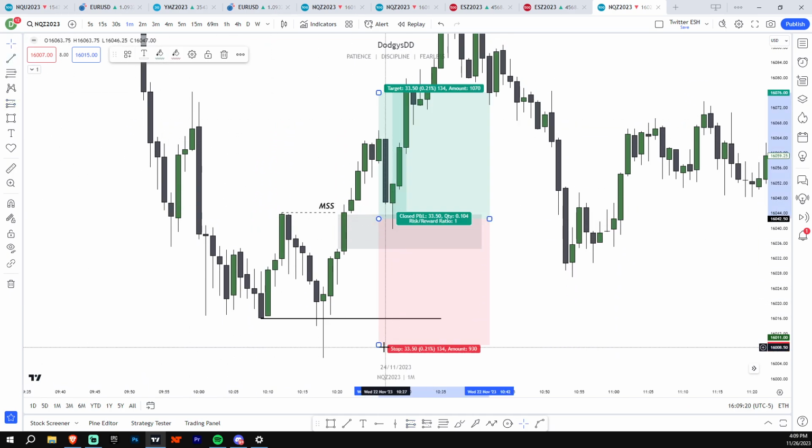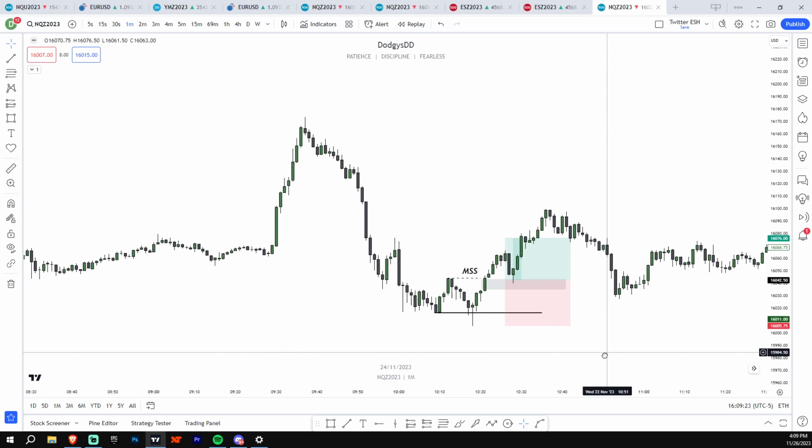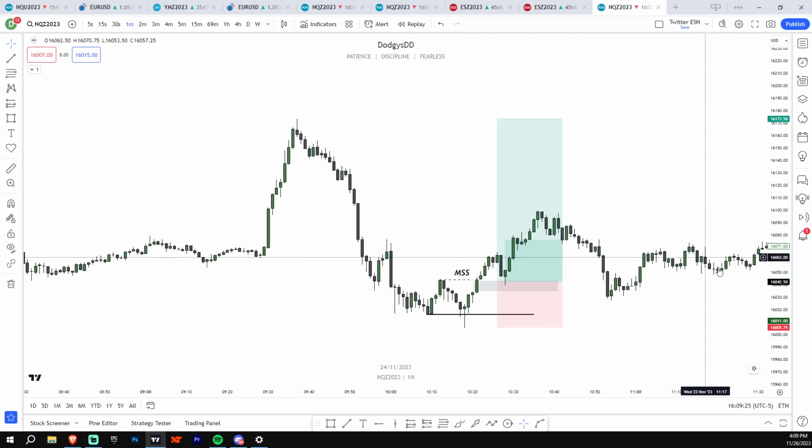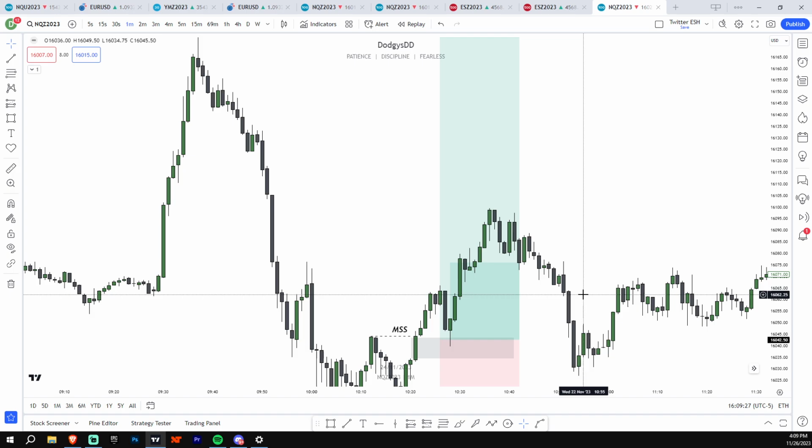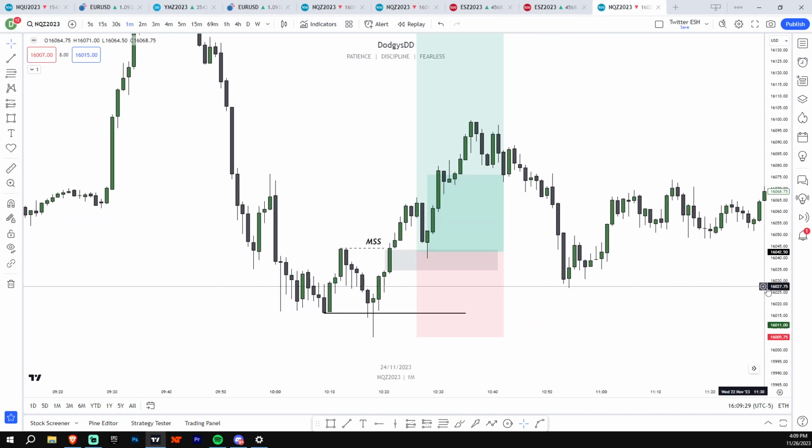So you can go long here, stop would go at the low of the day. And then you maybe target up here, which would be a 3.5R. All right, so